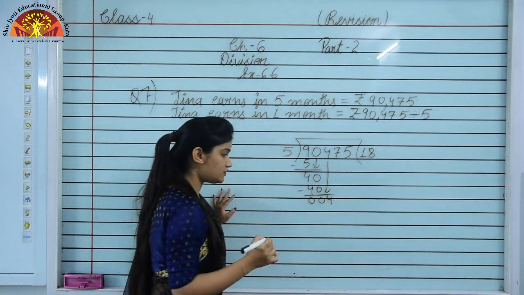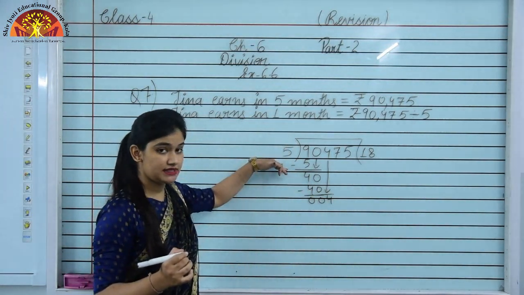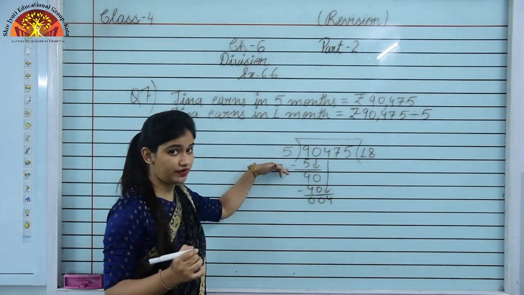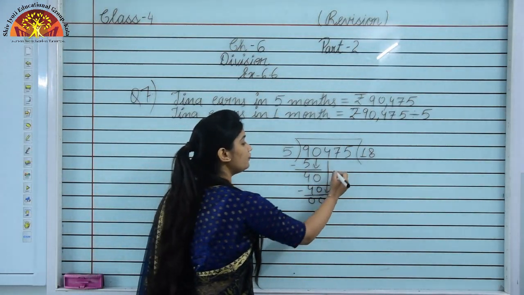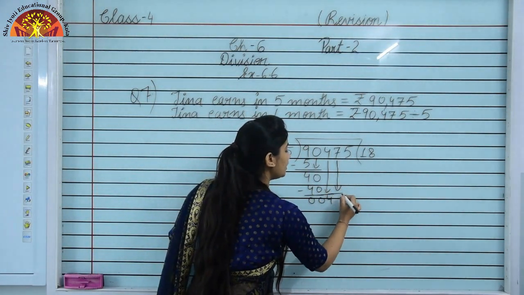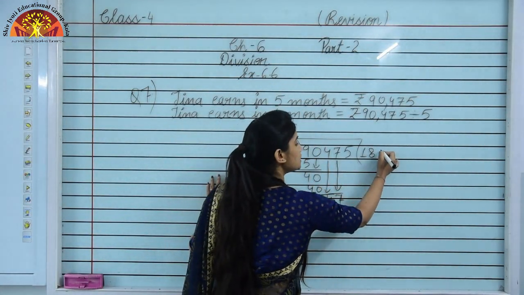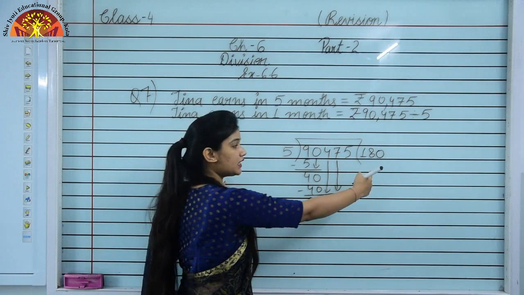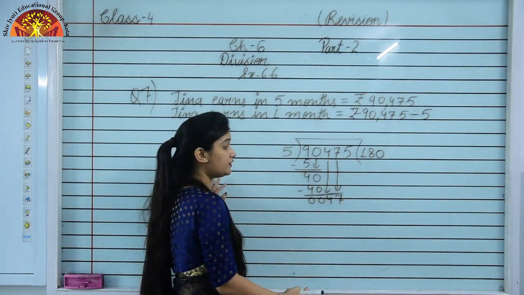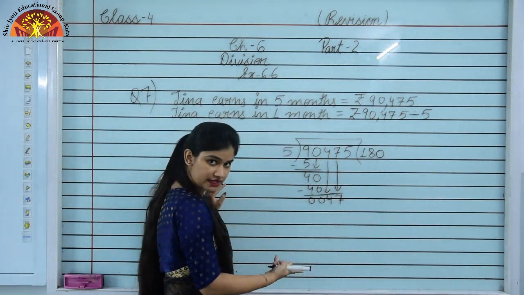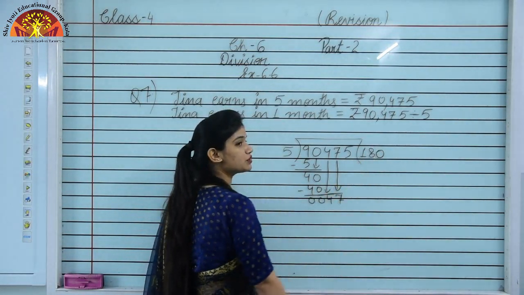So students, as we can see, 4 is less than 5 and we are not able to divide it. So now what we have to do, we have to take one more number. हमें एक और number लेना है. And to take one more number, we have to put a 0 here. क्वेश्चन में हम क्या करेंगे? एक 0 पुट कर देंगे बिकॉज वी आर टेकिंग 2 numbers. हम दोनों numbers एक साथ ले रहे हैं. That's why we have to put a 0 here.